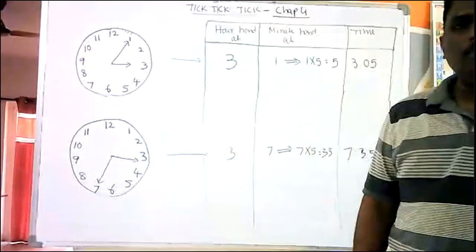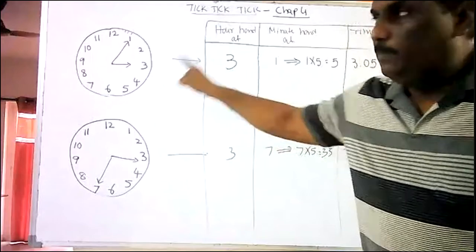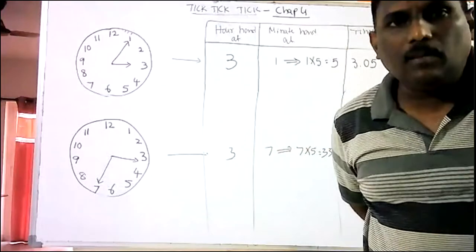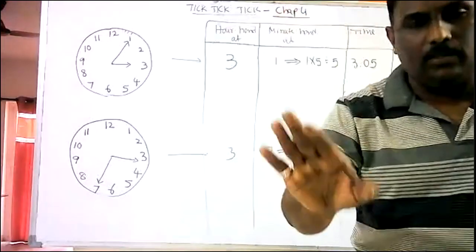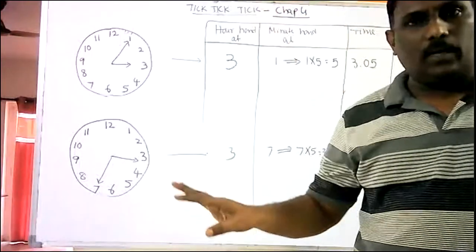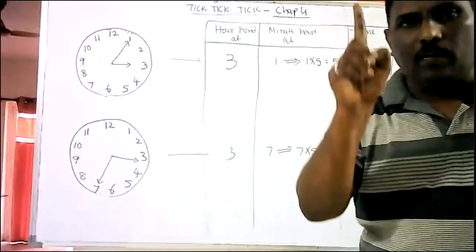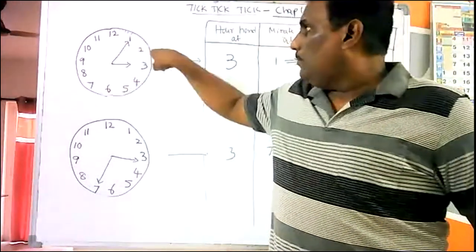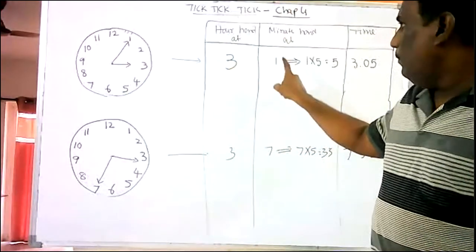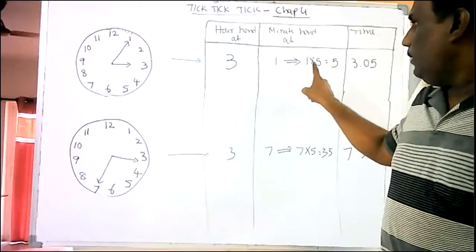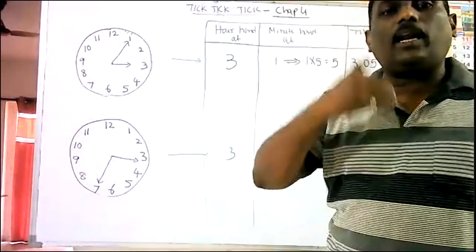You can unmute if you have any doubts, you can ask. If no doubts, please draw the picture and send it in our WhatsApp group. This is to be done in your classwork. This will not be shared; this will be separately shared. You are supposed to do this in the classwork. Draw the circle, write the numbers, clock, hour hand, minute hand. Wherever the minute hand is, multiply and write the time. Once you know this, you can write directly.